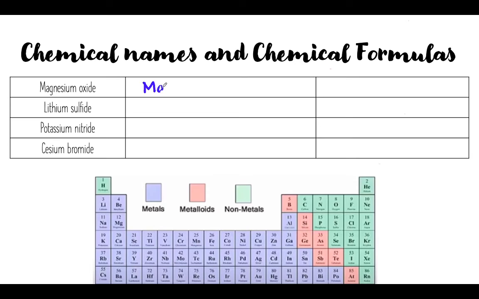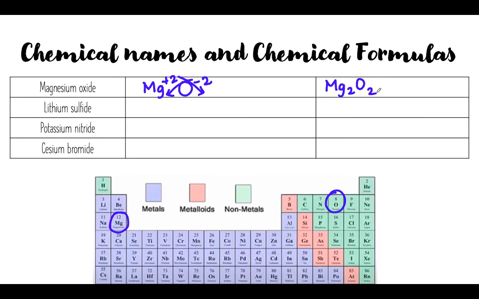Magnesium, Mg. So they're giving me the chemical name, and I'm going to convert it into the chemical formula. So Mg and O. I'm going to write out the symbols first. Mg is in group 2. That's going to have a charge of +2. Oxygen is in group 16. So that's going to have a charge of -2. I'm going to crisscross those numbers. They just happen to be 2 and 2. And it's going to give me